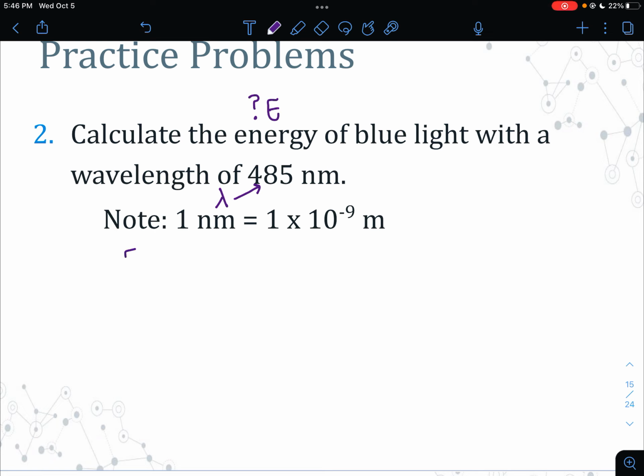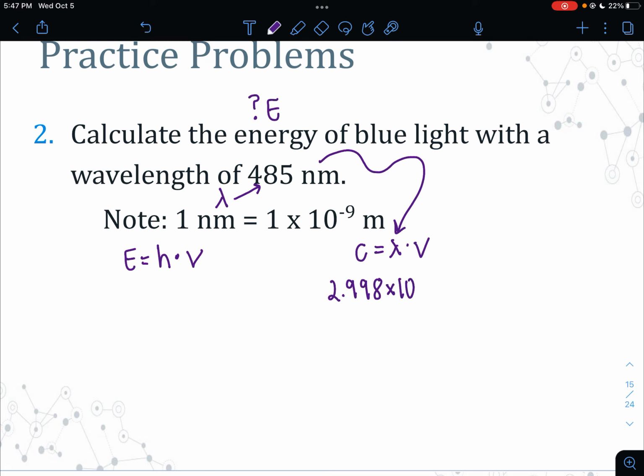So if we're trying to find energy, energy is h times frequency. So we know h, but we don't know frequency. So we have to find frequency. So in this case, you have to use both of your equations. We can take our lambda and we can plug it in to the first equation that we learned, and you can solve for frequency. Once you find frequency, we can take that and plug it in to find energy. Okay. We always know the speed of light,